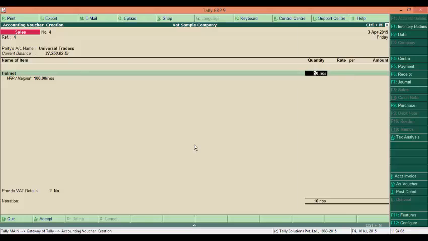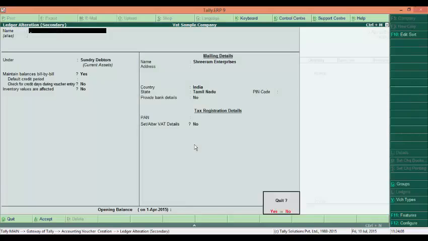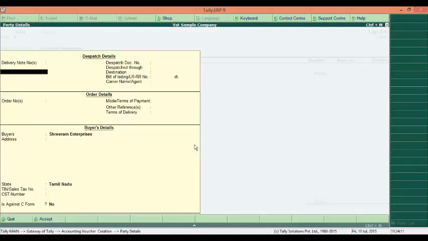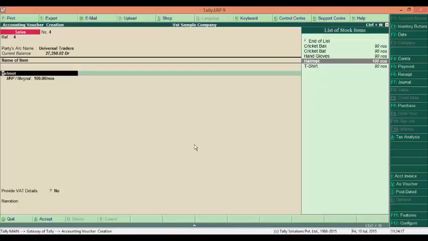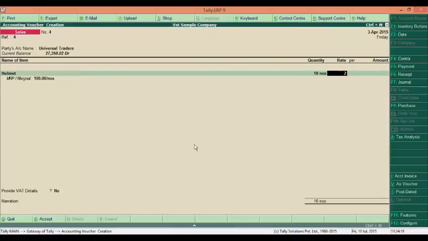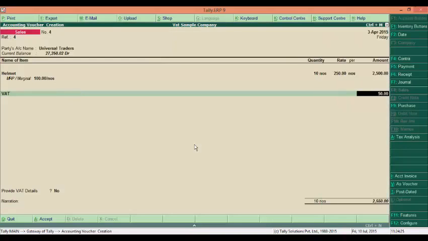If the party were from some other state, for example, this is Tamil Nadu, Sri Ram, it was taking 200. Okay, so we'll just continue with Universal. It's VAT.